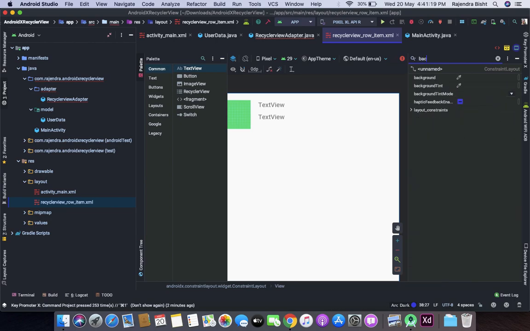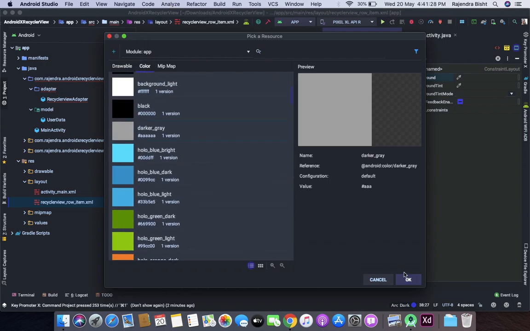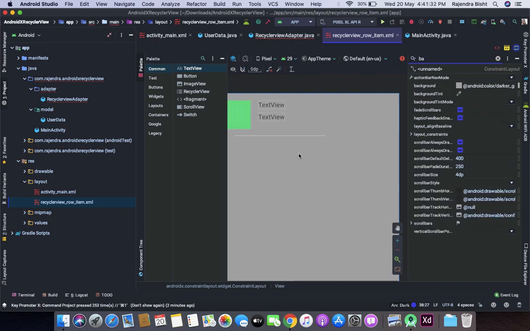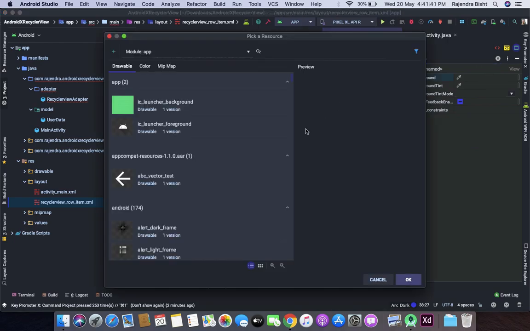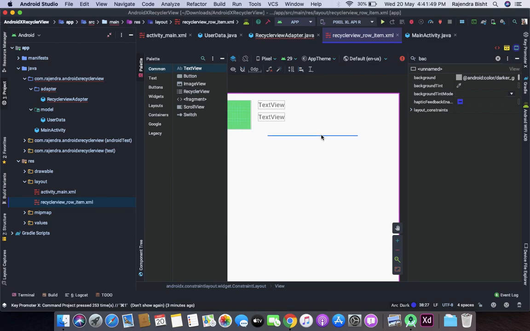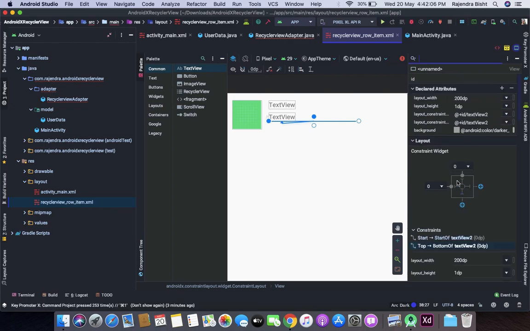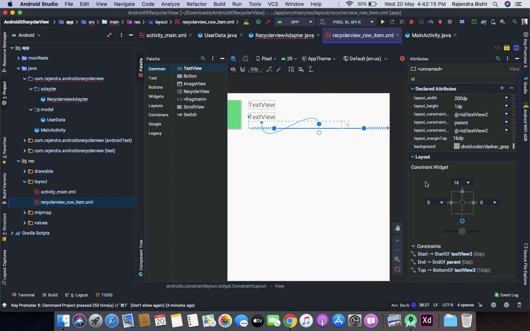Let's add the background color. Let's say 16 dp, and I will make the constraint from the right side and set it to match parent, match constraint.